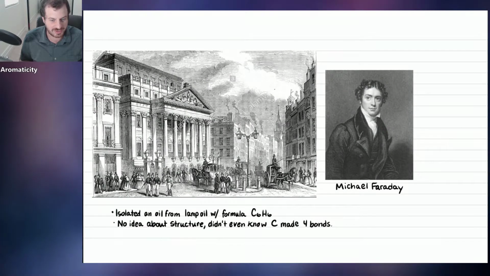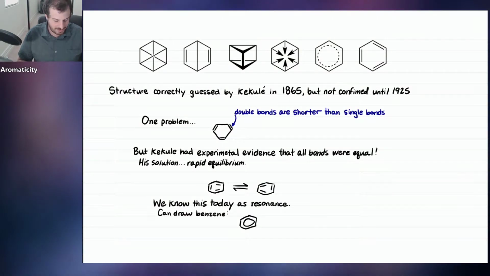They did not even know at the time that carbon made 4 bonds. So a lot of people, very creative minds, came together to try and speculate what might the structure of C6H6 be. And so there was a variety of attempts made to try and draw a picture of what this benzene might look like. You can see some of these look very interesting. You've got this cyclohexane with a line down the middle, or even this prism-shaped molecule. This molecule is crazy. They have these arrows here. I'm not really sure what they're trying to represent with those arrows. I might have to ask a more historical chemist about that idea.